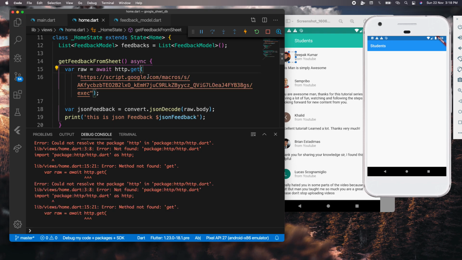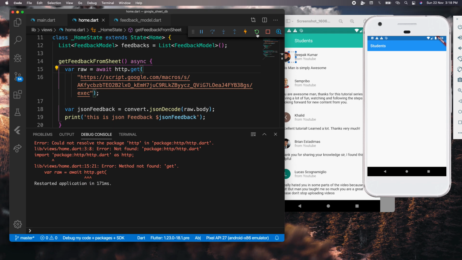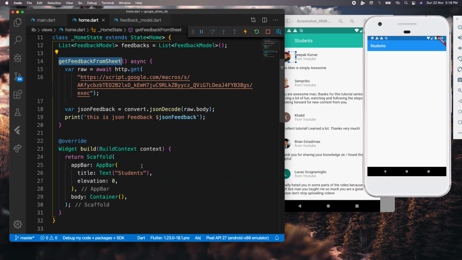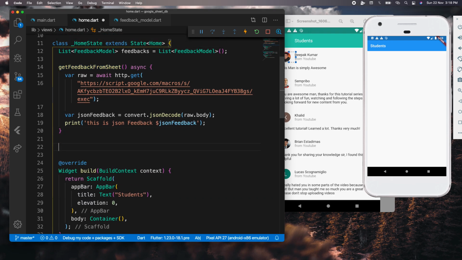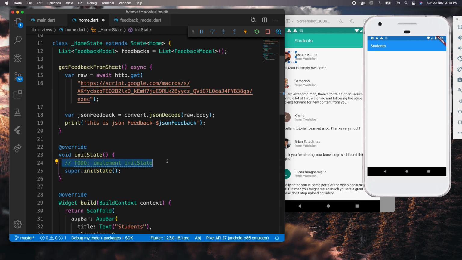Okay, let me just save that again. What if I rerun the application? Says restarted the application. Let's just call this function. Okay guys, let me just call this function in the init state. Why in the init state? Because that's the first function to call when the widget starts. Let me just call that from there, save that, and now I will restart the application,